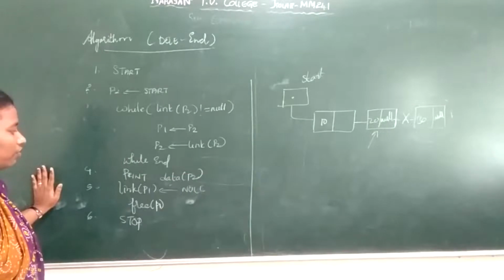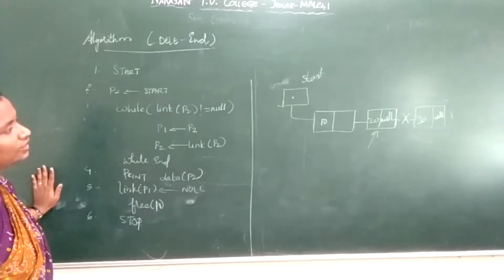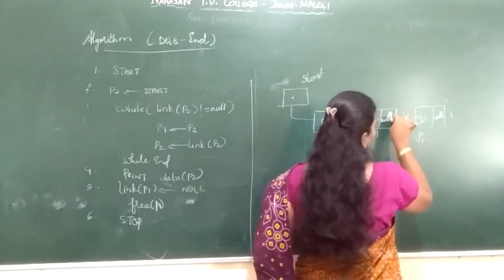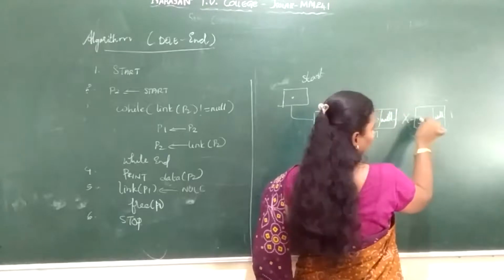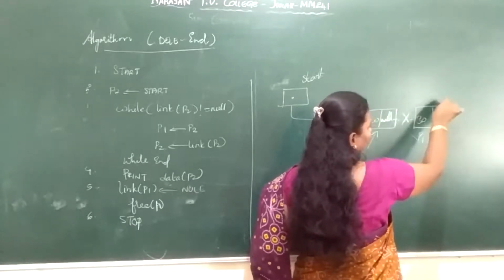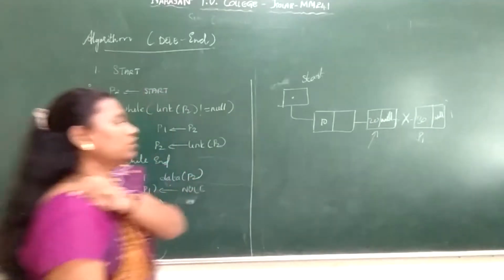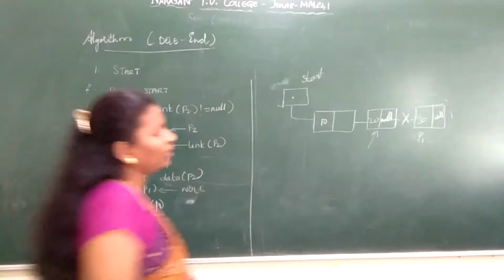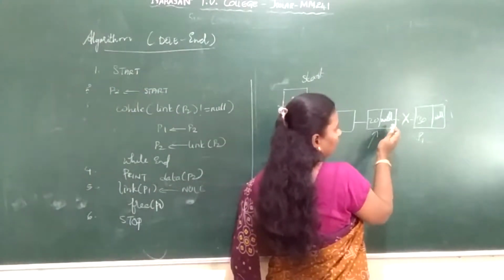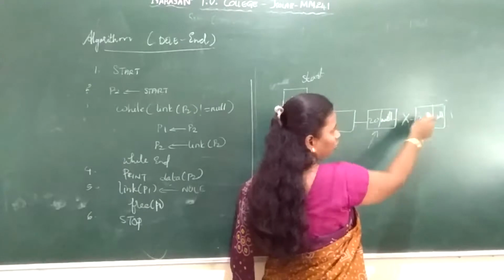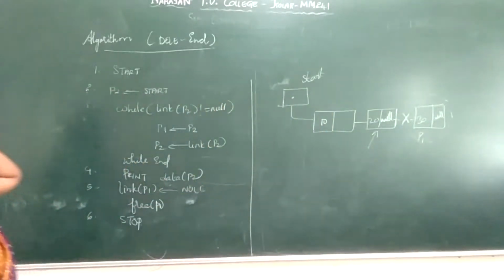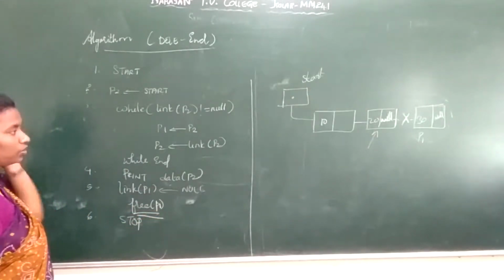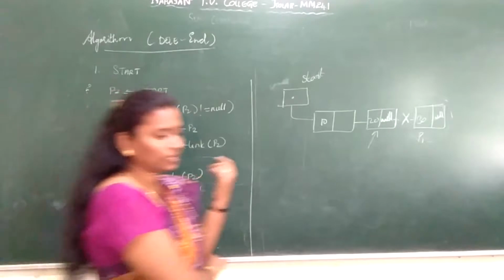Next, after giving that, we will delete this last node. Once we give this as null, there won't be a link from this node to this node, so obviously we are freeing the last node. The logic is very simple. We need to identify the last node. Once the last node is identified, the previous node we will make null. Once this field becomes null, obviously it is not going to point to your last node. So that is the logic. After that, we are going to free P1, then we stop. So this is about how to delete the element at the end.